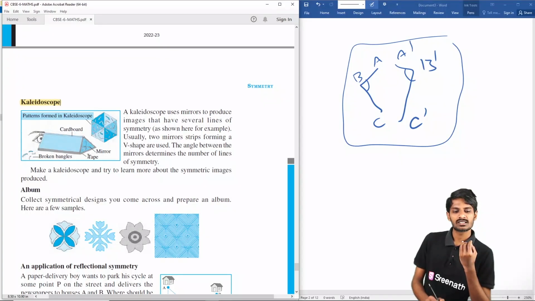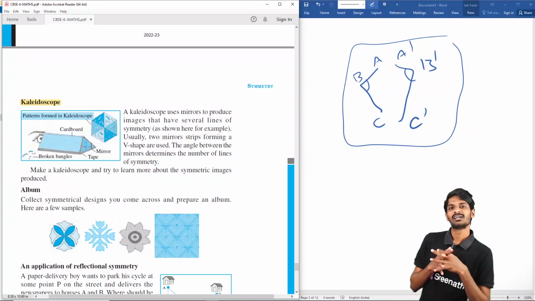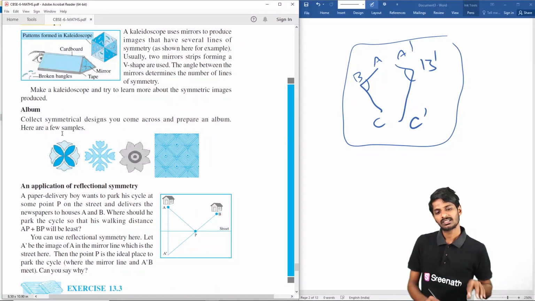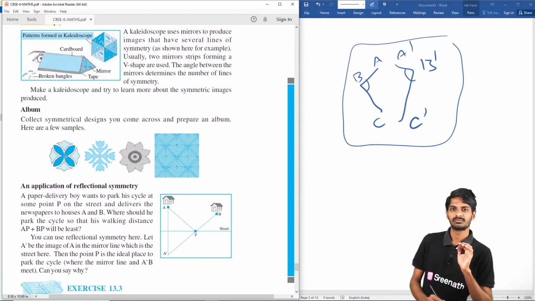Here there is a V-shaped mirror. Students, in a kaleidoscope, these are cardboard, and some broken glass is placed inside. It looks like this. So it also has reflection symmetry. That is the beauty. And try to make an album, which means collect pictures which have